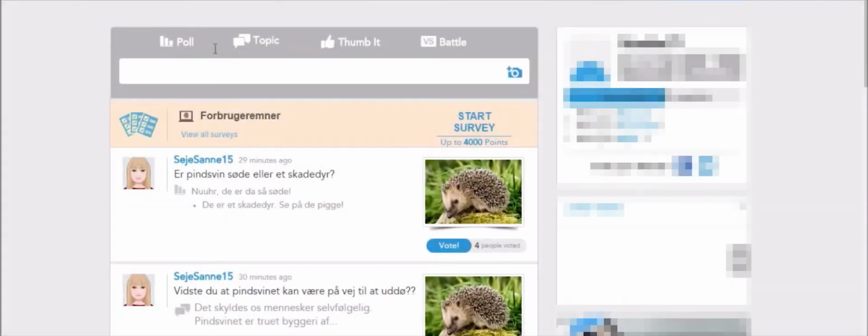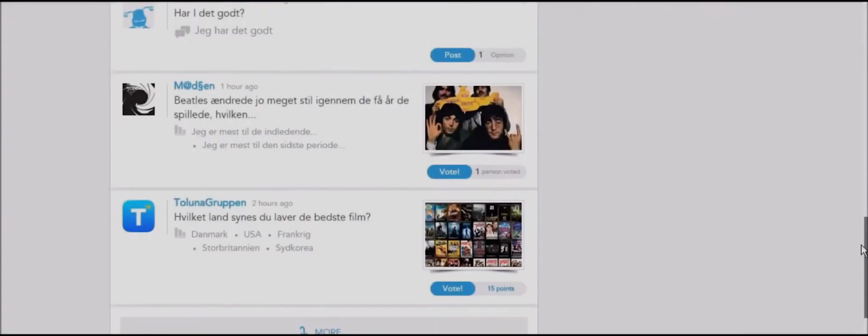So let's get started. Once you are logged in, you will start here. That will be the front page. There is a row here where you can see the surveys that are available in different content. If you scroll down, you can see what other members have posted. That's a good way to see what surveys are available. But you can also go up here, there is a survey, and if you go to survey center,